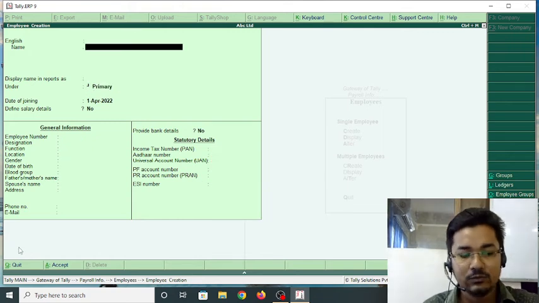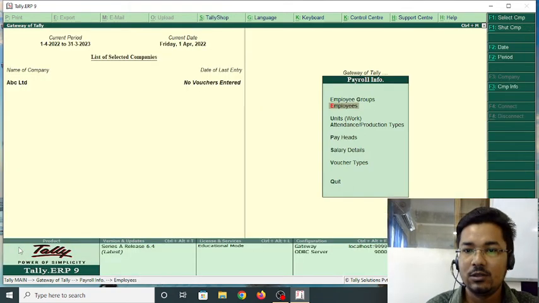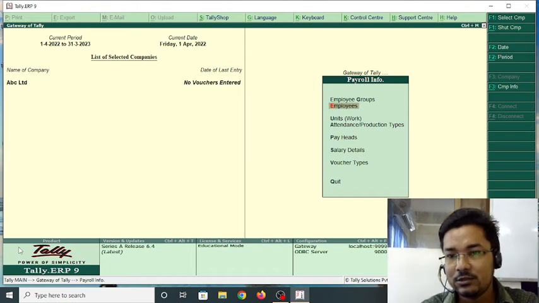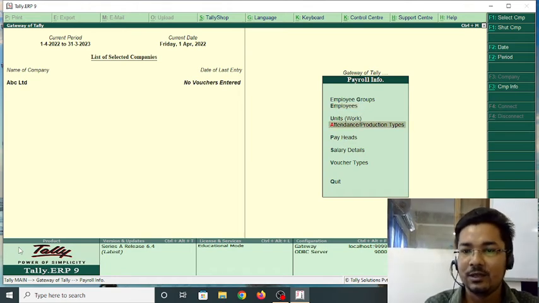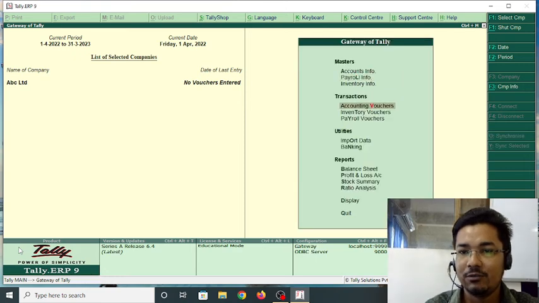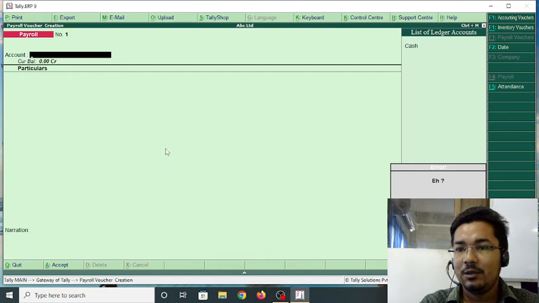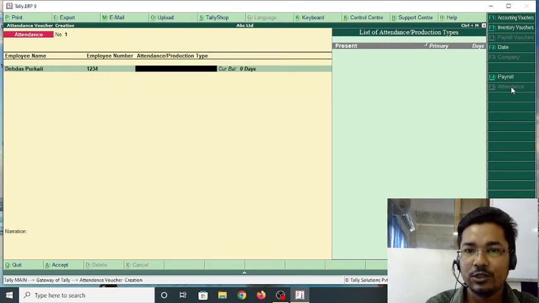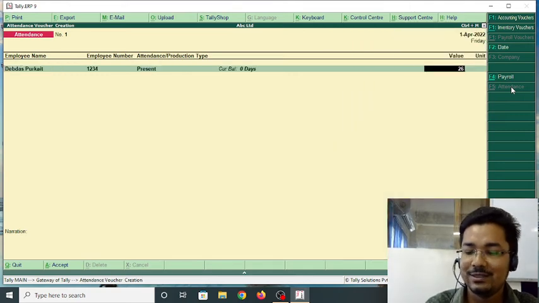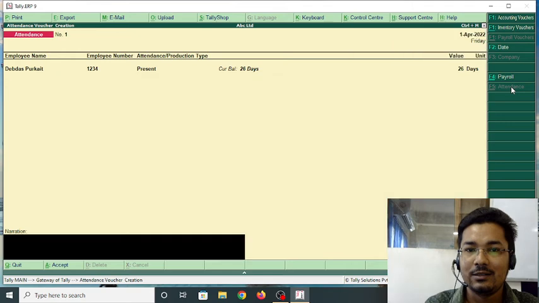Save. Then back. The attendance is done. Then back to the main window, gateway of Tally, and then the option is payroll information. Press Ctrl F5 for attendance or click the attendance option. Ctrl F5, Devdas Purkait present 26 days in a month, and then end of the list.